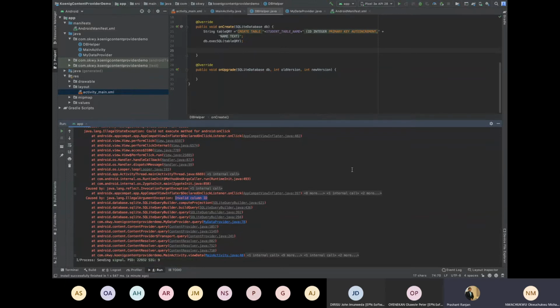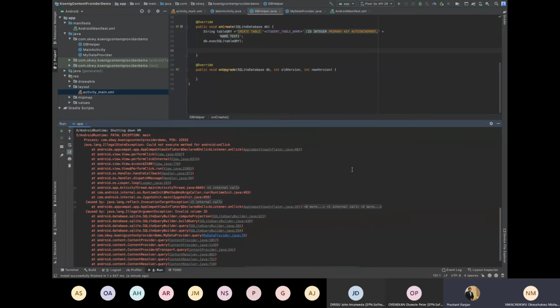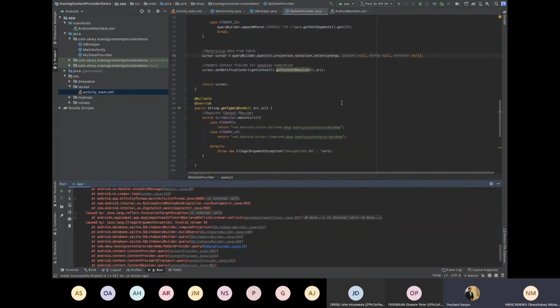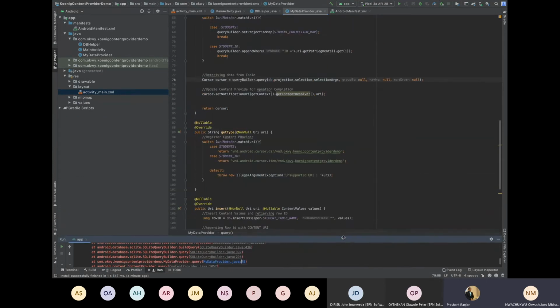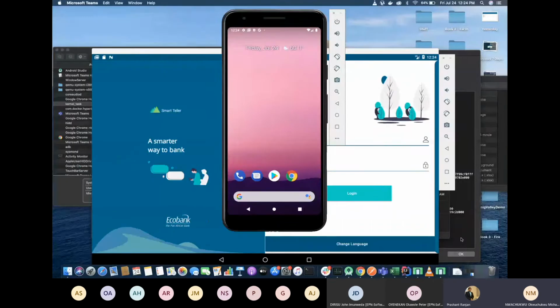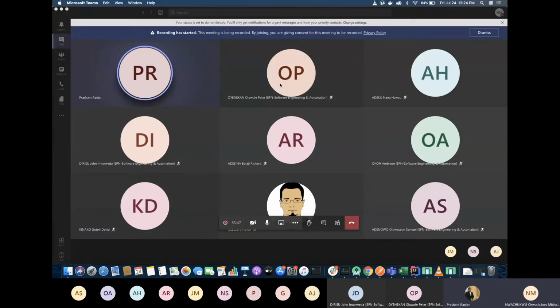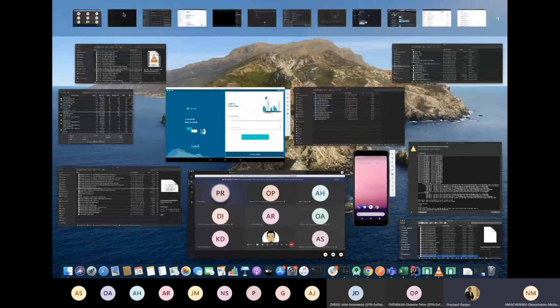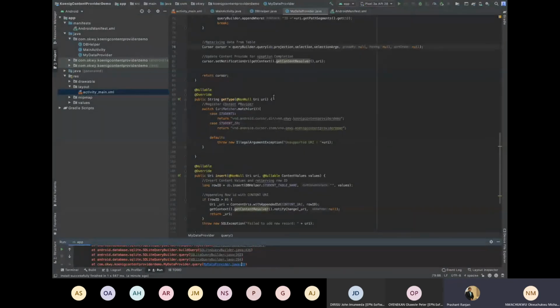Okay, no problem. This problem could be coming from my data provider. Show me the data provider part first of all. This is the data provider part. Let me take control of your machine. Do you have control now?